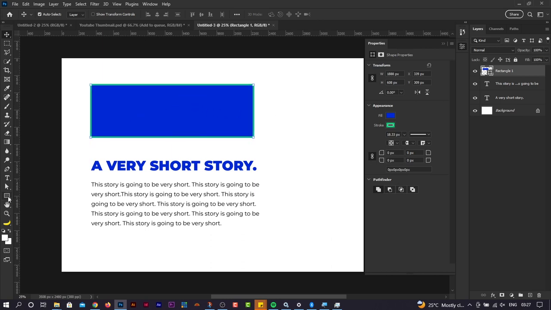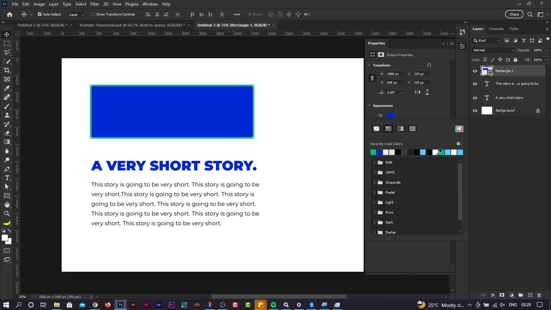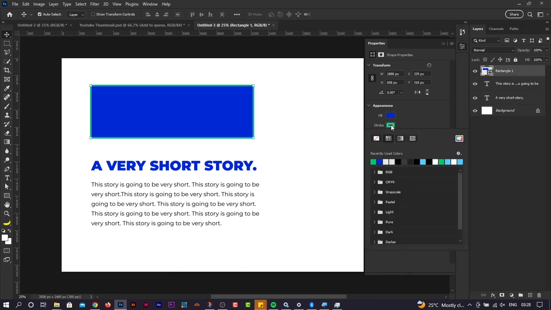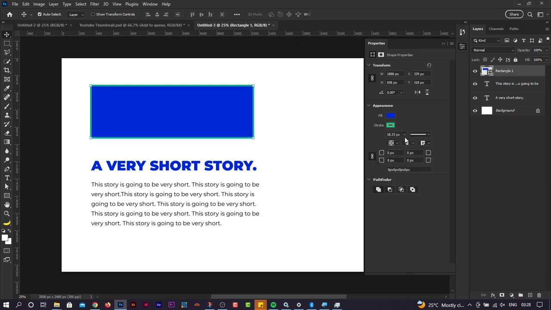Though I'm no longer on my shape tool, I've drawn the shape and I've gone to my move tool, but I still have the properties of the shape here on my properties panel. Okay, very important, right? So you have the fill color, you can change it to anything you want. Then we have the stroke as well, like this. So we can change the stroke color to any color you want, and you can change the size of the